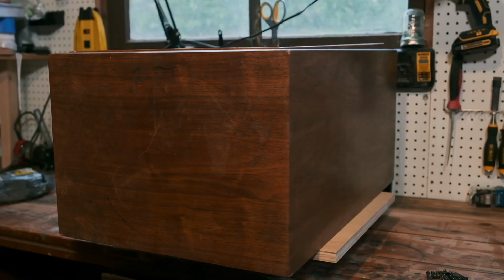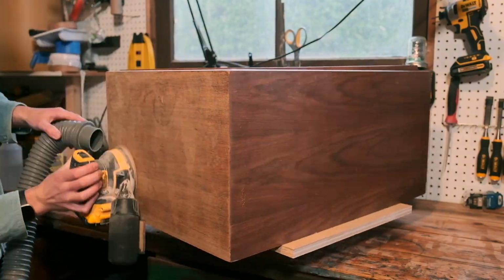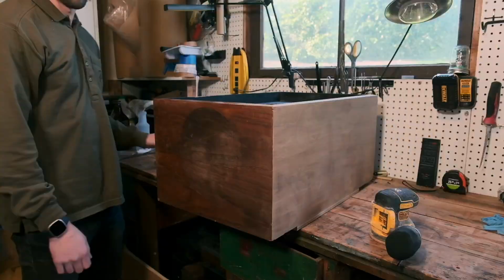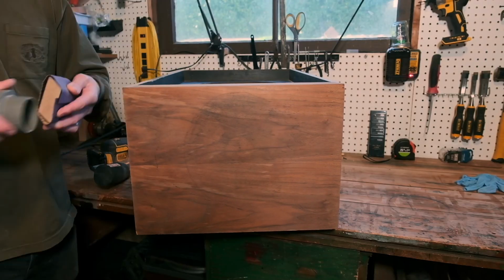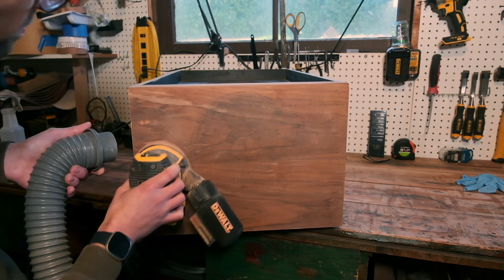But the cabinets are in really rough shape, so I got to work prettying them up. I started by sanding with 150 grit sandpaper on my orbital sander and a sanding block to remove as many scratches as I could. The veneer on these is pretty thick, and even on these bad scratches and watermarks on the top, I was mostly able to remove them. With this in mind, I was still doing my best to not sand through the veneer until...